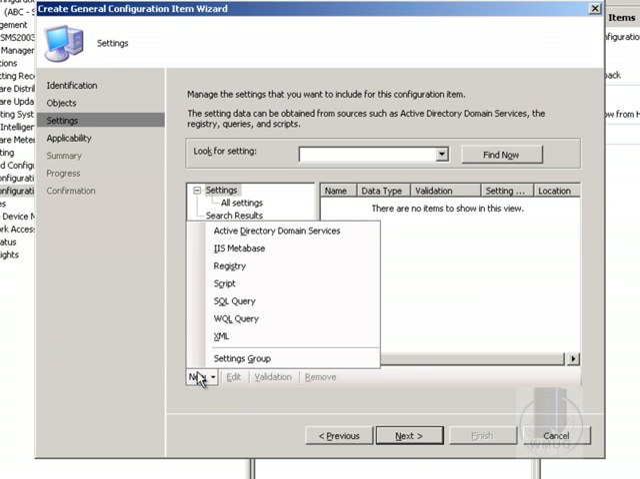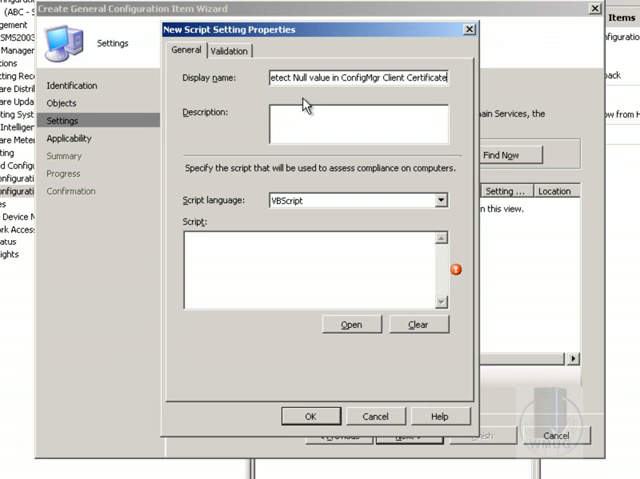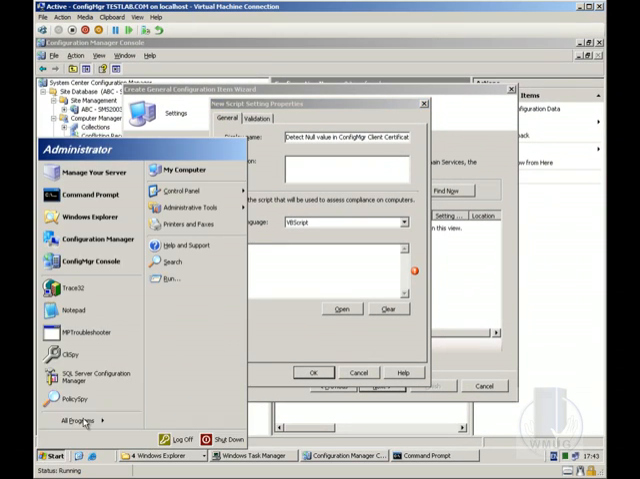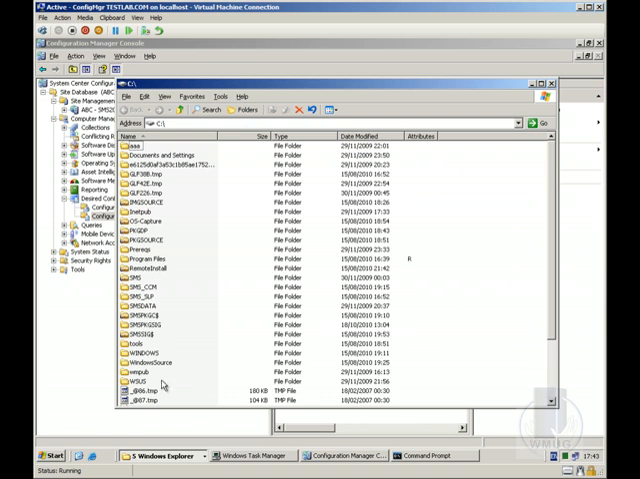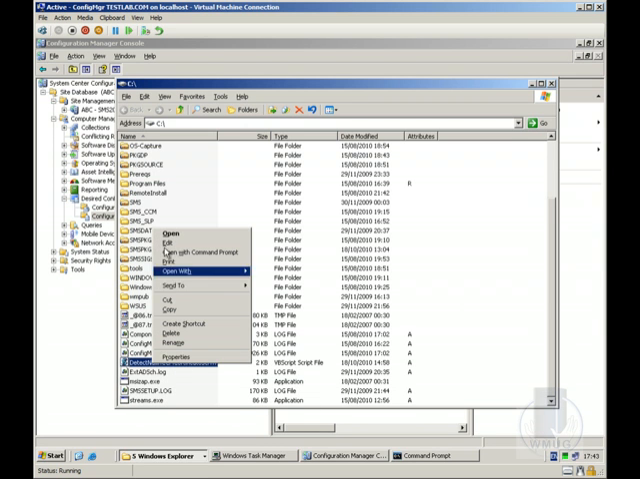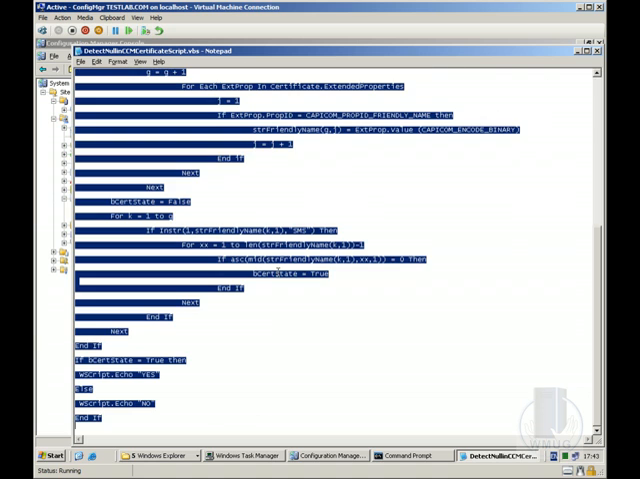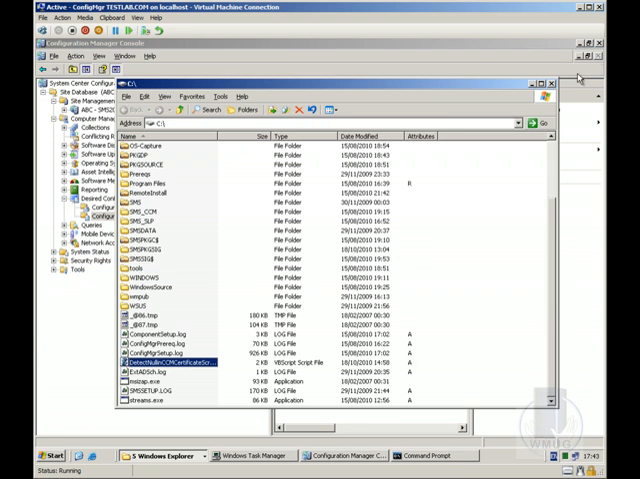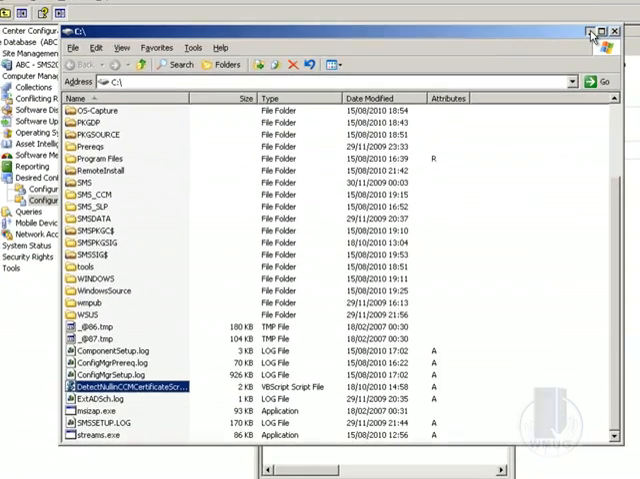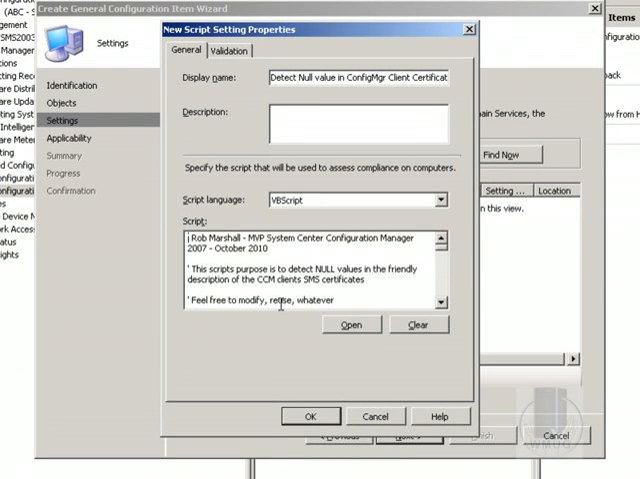Skip through here, create a script, call it the same. I just need to get the script, so if we just pop here, simple script that I've created, and I'll put that on the website. Okay,